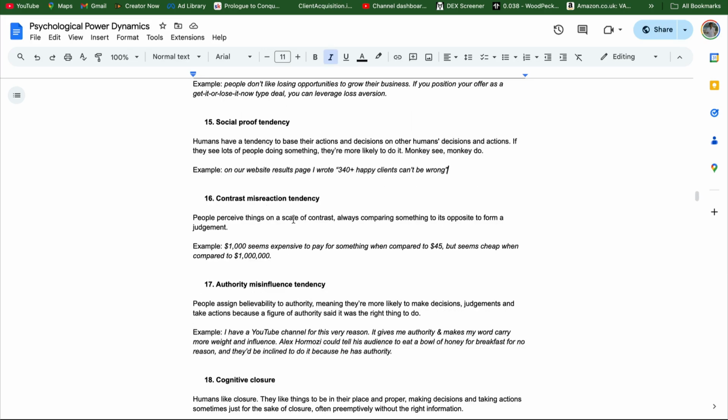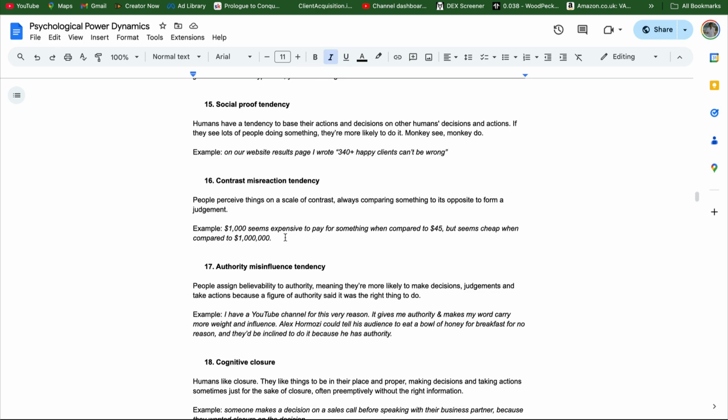Number 16, contrast misreaction tendency. People perceive things on a scale of contrast, always comparing something to its opposite to form a judgment. For example, $1,000 seems expensive to pay for something when compared to $45, but seems cheaper when compared to $1 million, right? And so think of how you can utilize this in your pricing, in your service, in